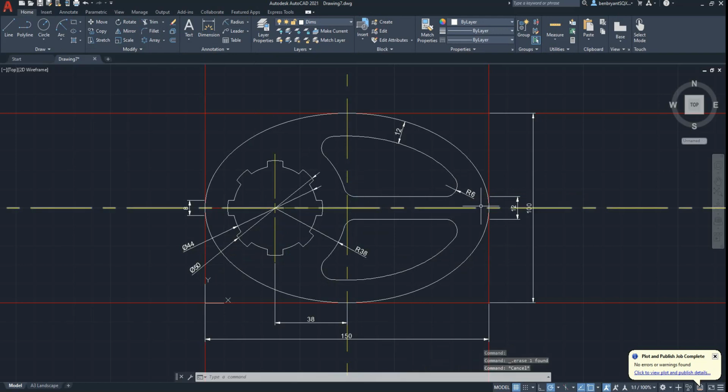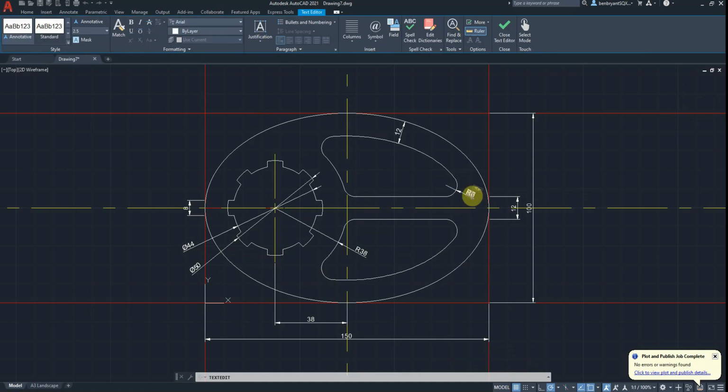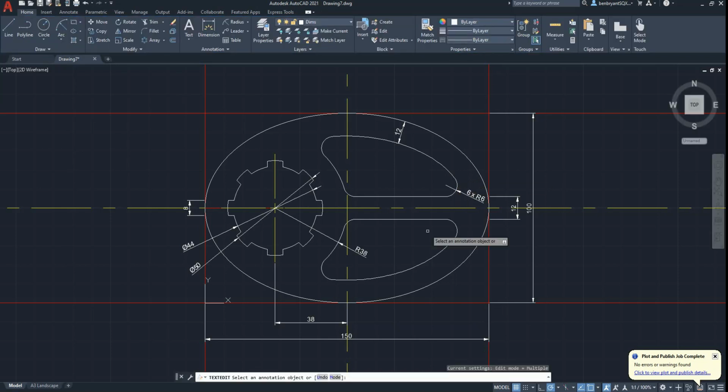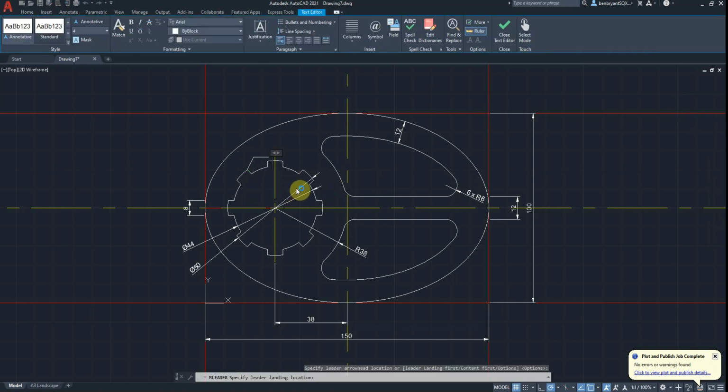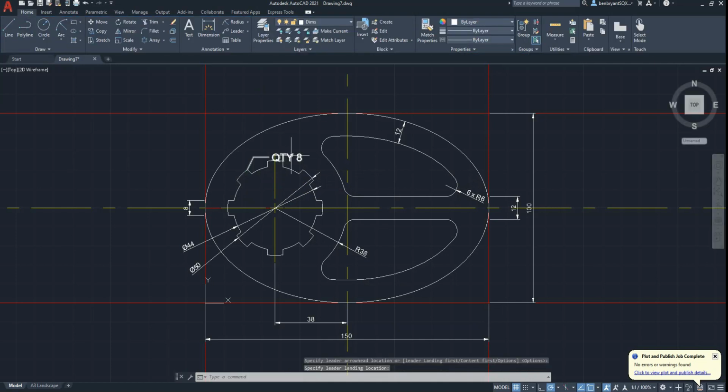And I could put in here if I really wanted to, just make it easy for the reader, 6 times. So 6 of them. And I could put in here a little sort of note. I could put in here sort of quantity 8, just to make it nice and easy for whoever's making this